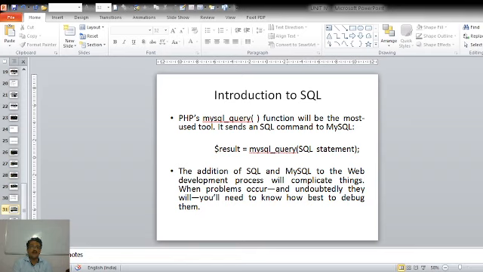If we get an error like undefined function starting with mysql when we write the mysql_query function, we must understand that the PHP version we are using doesn't have support for the MySQL database.